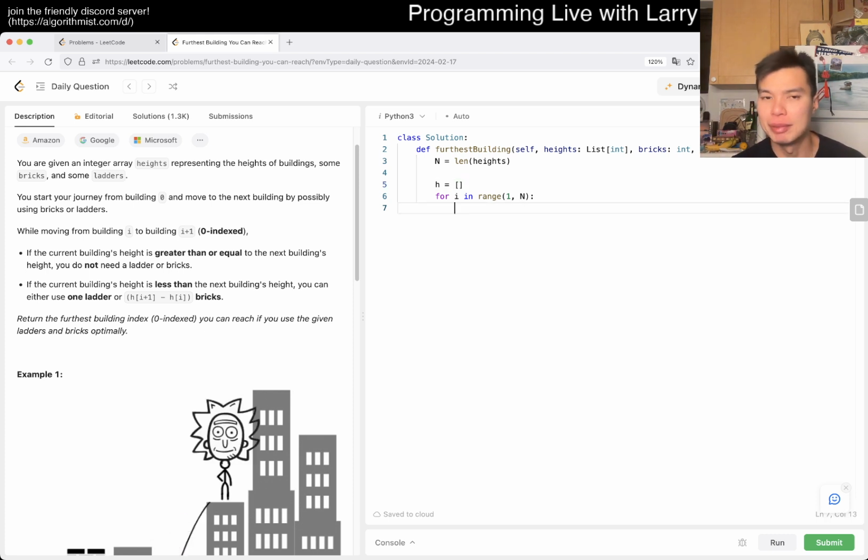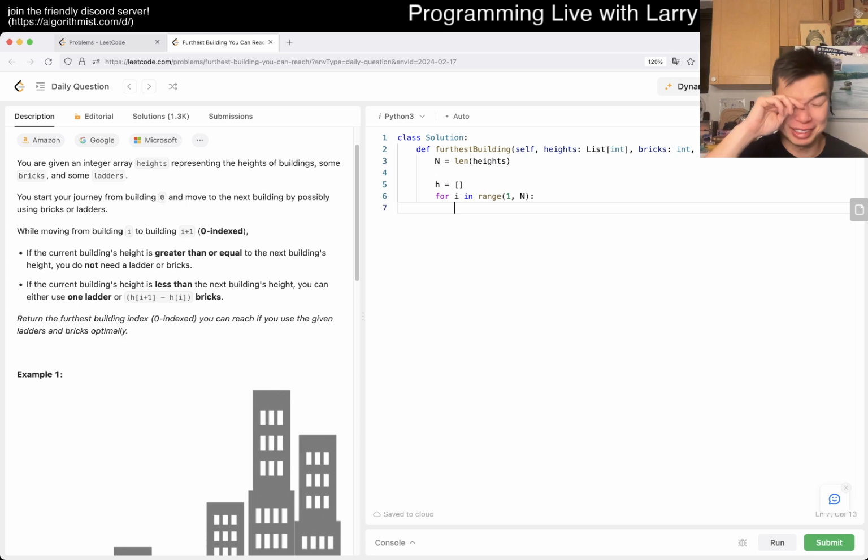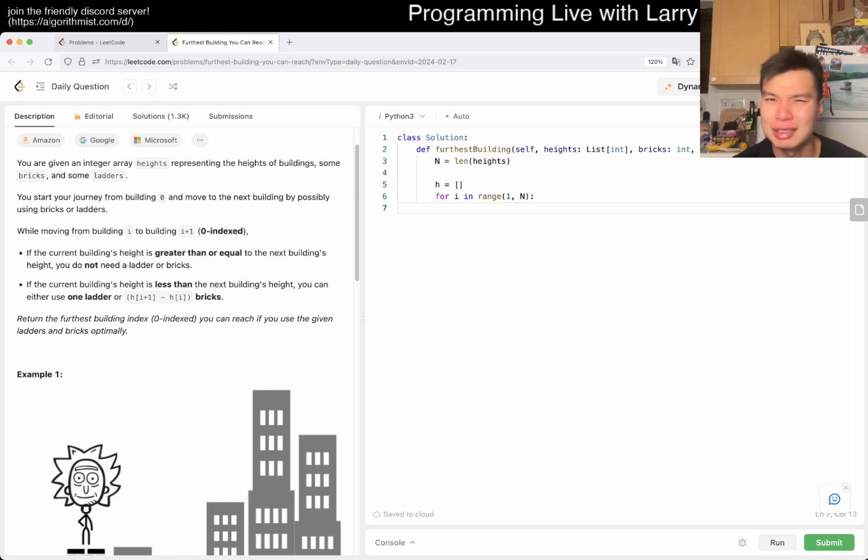In Python, the heap is naturally a min heap. Wait, is that true? I believe that's true. Man, I get them mixed up, because in C++ and Java I think it's different, but they call it a priority queue, so maybe that makes more sense. I don't know. In any case,